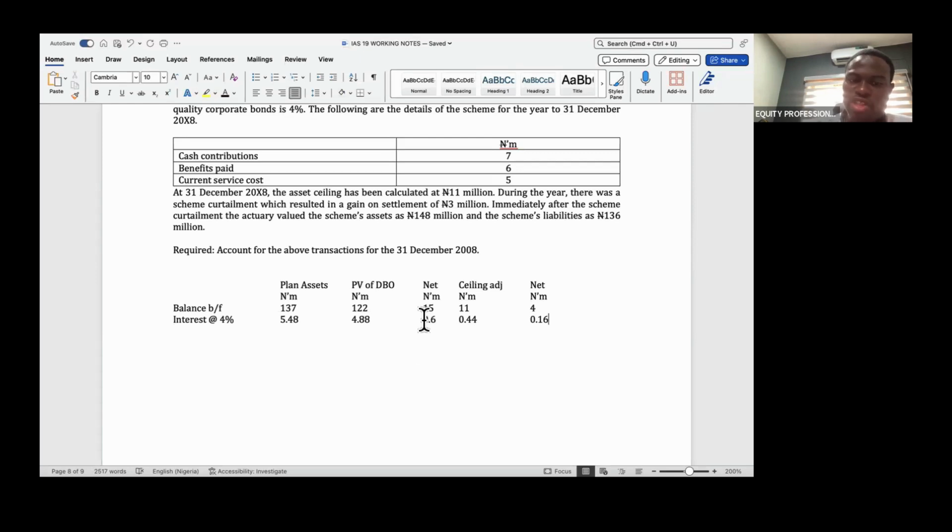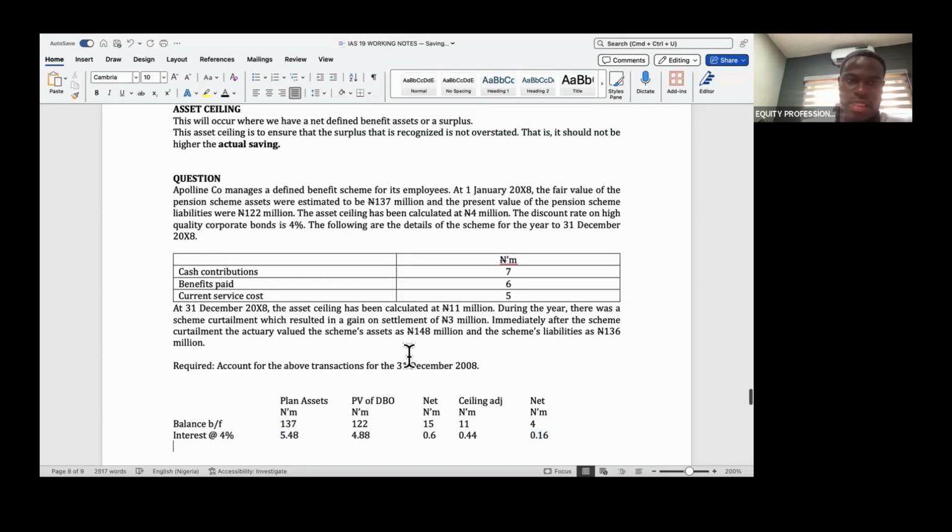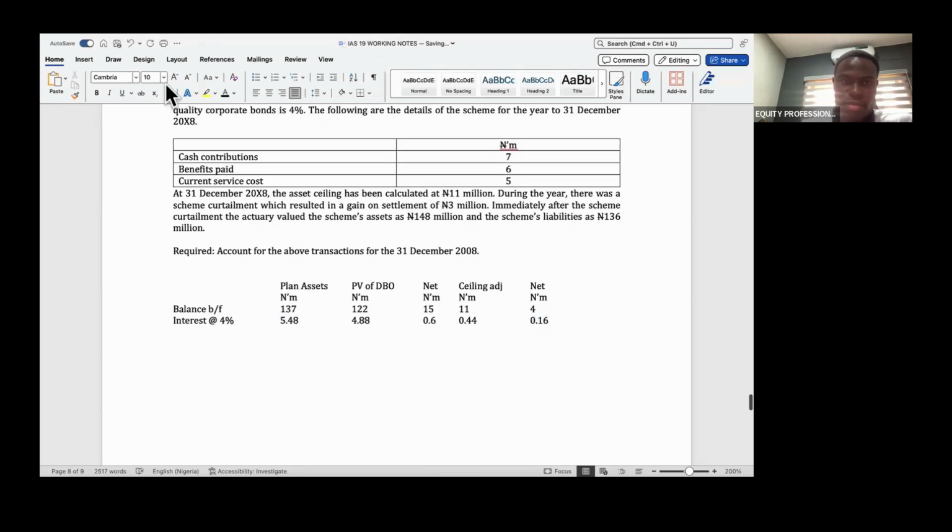The one I've been doing so far, I will just take this net to P&L. And since the asset is higher, I will call it a net interest income, positive in P&L. But because of this asset ceiling, that reduces the value of the asset to 4. So what will go to my P&L is actually this 0.16. Okay, that being settled, then